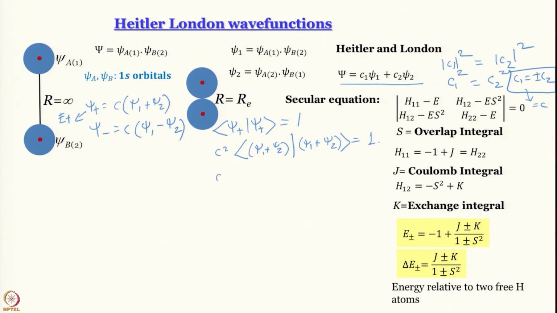So, C square multiplied by integral psi 1 squared over all space plus integral psi 2 squared over all space,